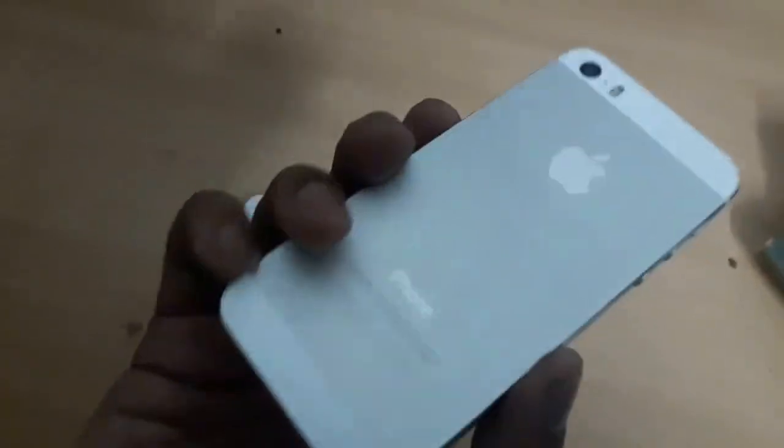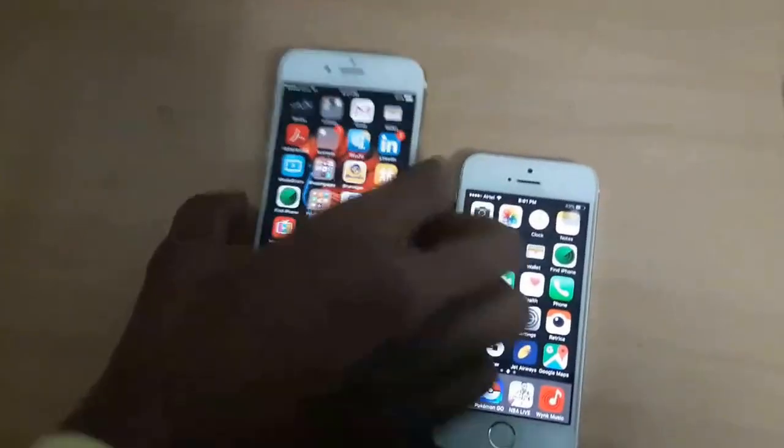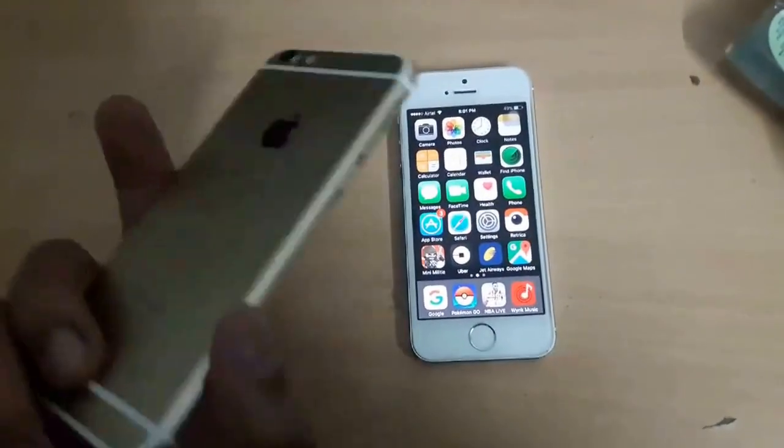You can install a screen protector if you want. No back protection is needed, because it is not having any glass body like the iPhone 4 and 4S. So even if it falls from your hand, you won't need to worry, because they are metal body.